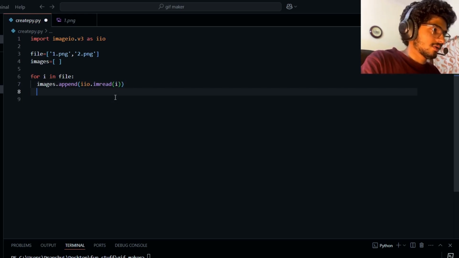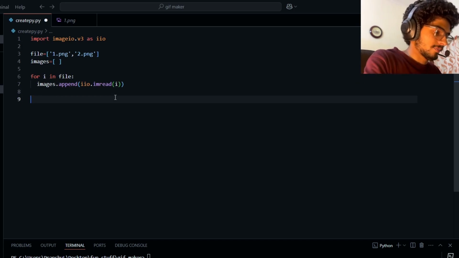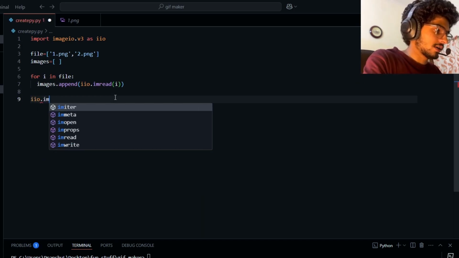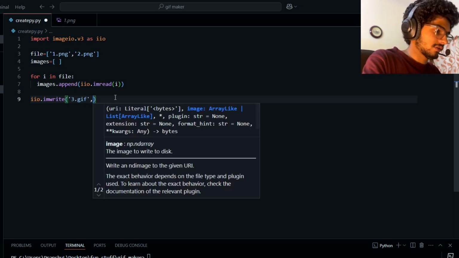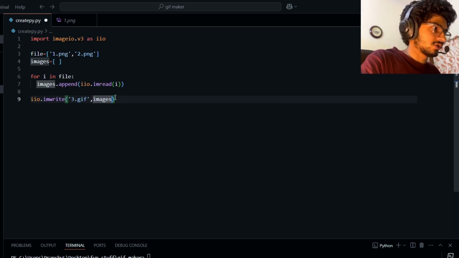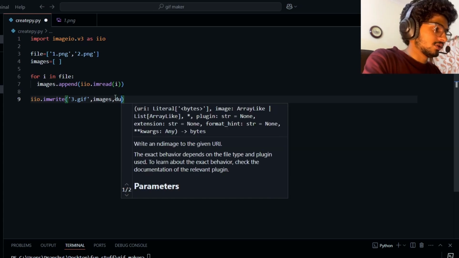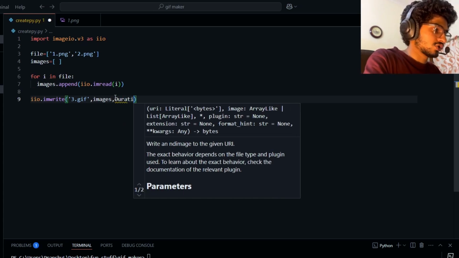So now we're going to make the image imwrite and 3.gif. Let's name the file 3.gif and images where it's stored, and duration for it, duration